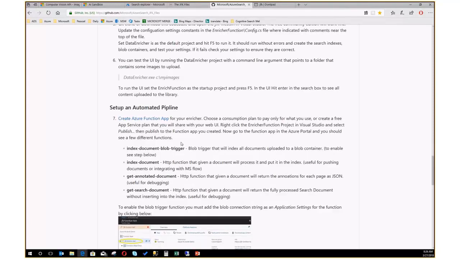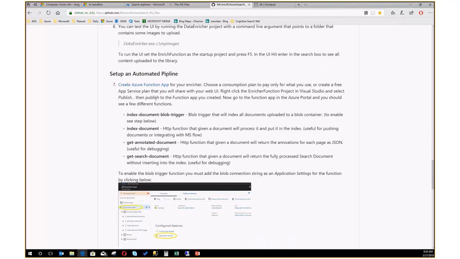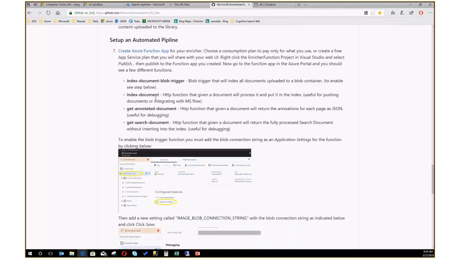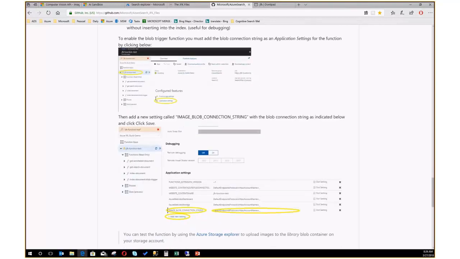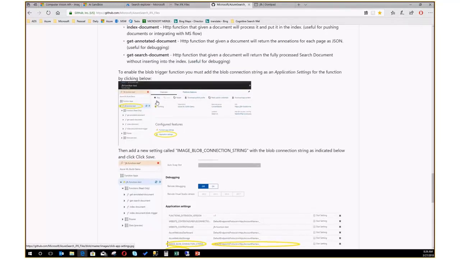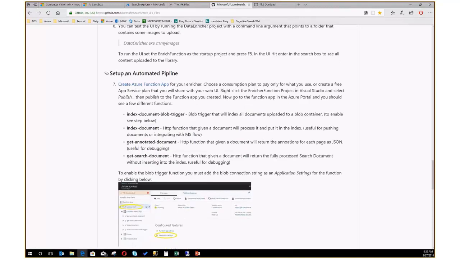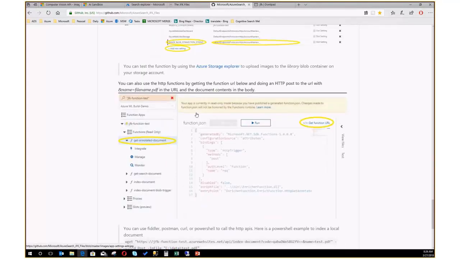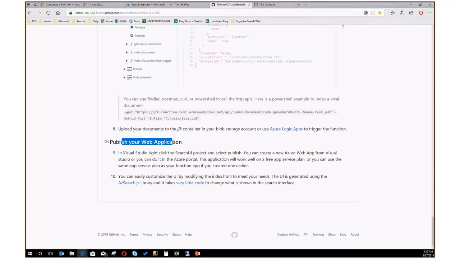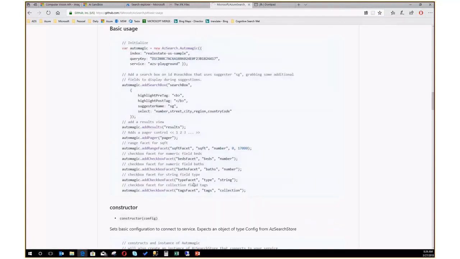And also you can set up the automated pipeline, the cognitive search pattern. You don't need to do this if you're not expecting to keep on adding files to the solution. If you just want a small demo, a quick demo, you don't need to implement this part of the solution. You can deploy only the other one. Also, you need to deploy the web application, the user interface. And here we have the explanation how to deploy the code